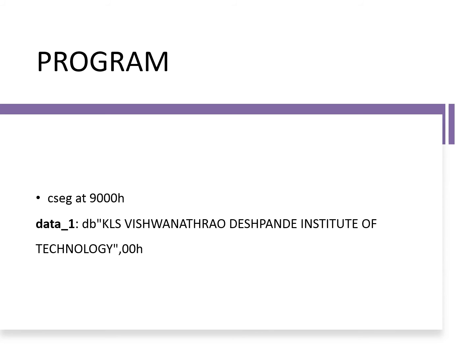So let us now understand the program write-up, how to write the program for this. Before we write a program, we should make two important parts. The first one is the storage of the string. I will store the string at address 9000H, and I created a name for this array called data1. Under this data1, I am going to define a string, and all the string will be defined as byte size. So every character which I put in the string will consume 8 bits.